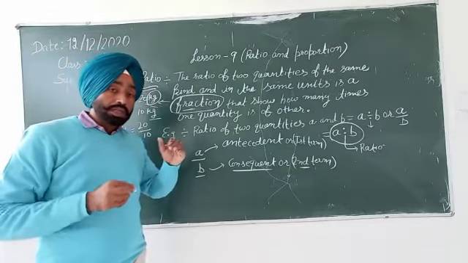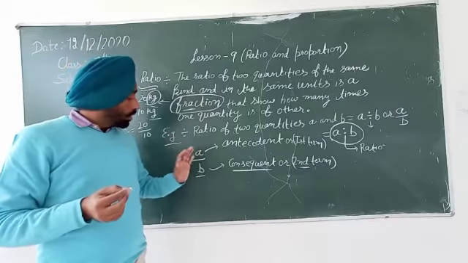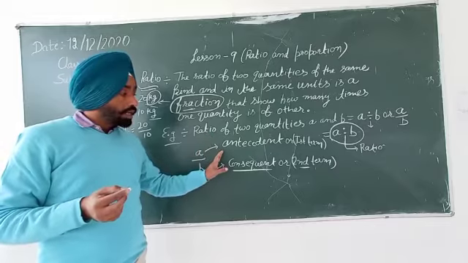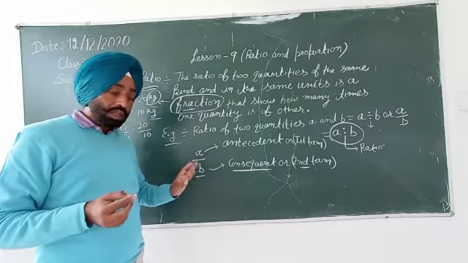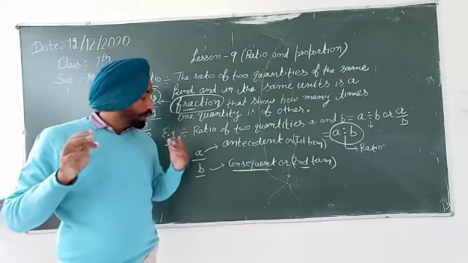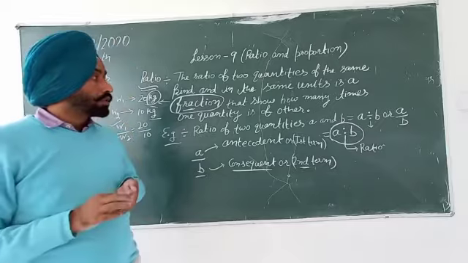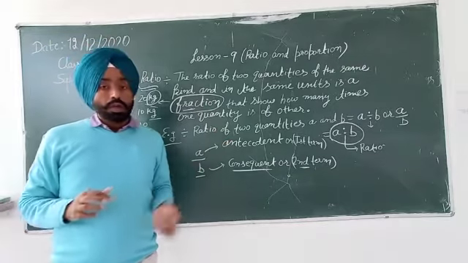Okay. So sometimes they can say in the problem, in any ratio the antecedent is 9, you have to find consequent. So you have to keep in mind what is antecedent and what is a consequent. Clear? This is about the ratio.